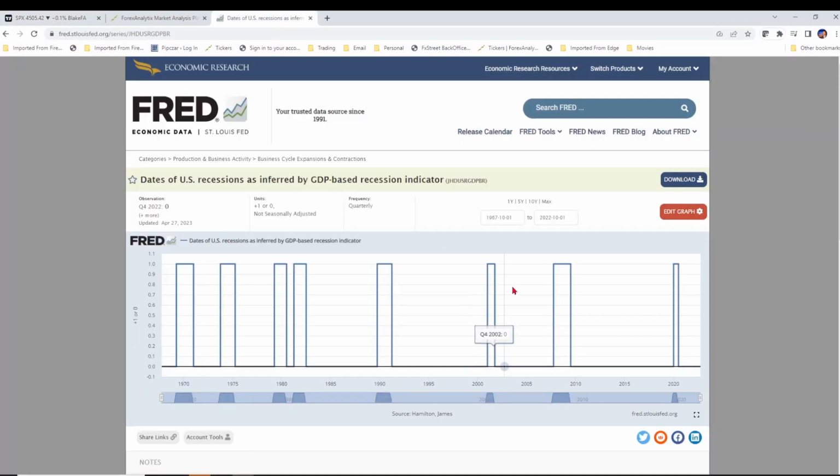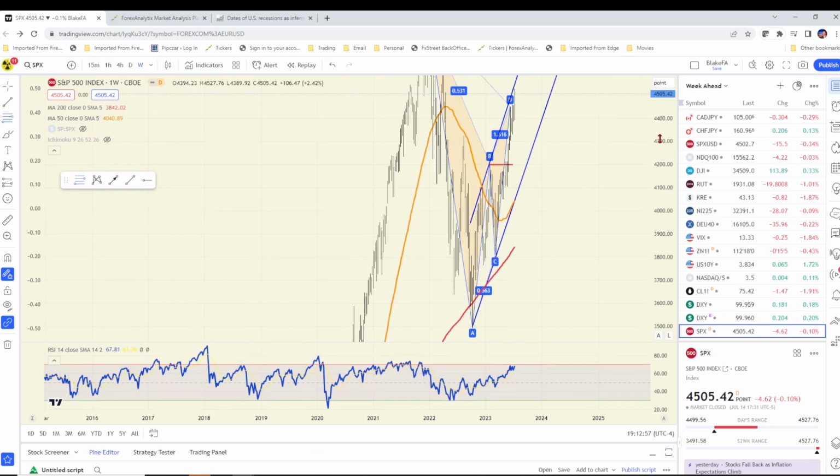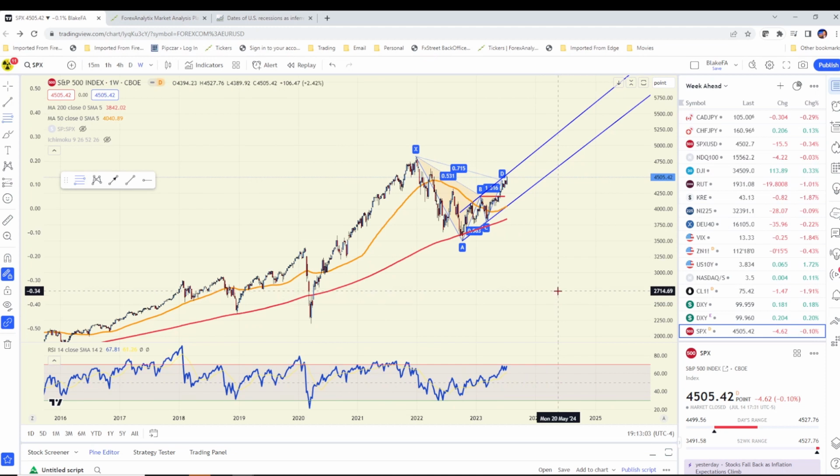is these are recessions going back way back into the 70s, right? You can see these recessionary periods. And the one thing that we should be paying attention to is if we are going to be in a recessionary period, if you look at the periods between, especially the great financial crisis, you go back to 2001, and COVID. I mean, did that really count? I don't know if you really want to count that. But if you go into the late 90s, or excuse me, late 80s, early 90s, those are periods in time in the S&P where the markets actually really started to struggle, is when you go into a recessionary period. So that's what everybody's going to be looking out for.